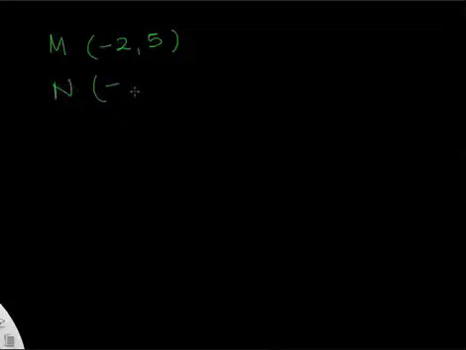So the example H is giving us 2 points. The points are M, that has which coordinates? -2 and 5. And then we have the point N, that is -4 and -1. And if you see in this form, completely different than the one we just did,